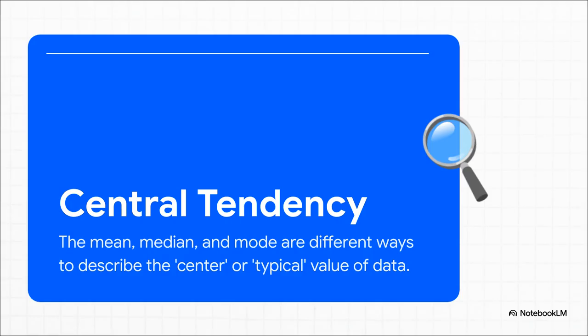And that brings us to this key idea. The mean, the median, and the mode, they have a collective name, measures of central tendency. It's just a fancy way of saying they each give us a slightly different snapshot of what a typical number in the data looks like. And honestly, knowing which one to pay attention to, that's a huge part of really understanding stats.